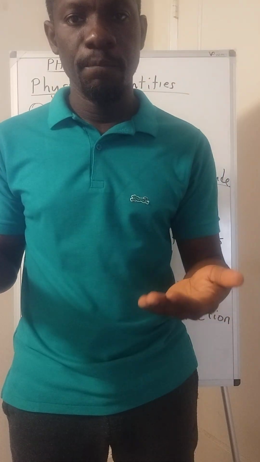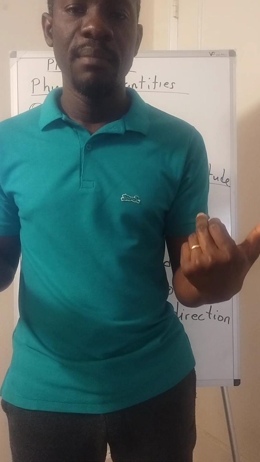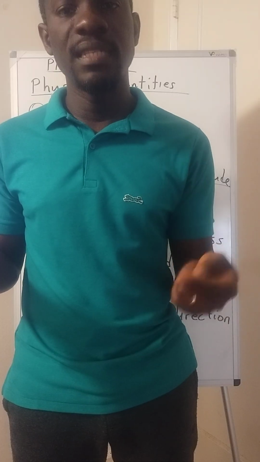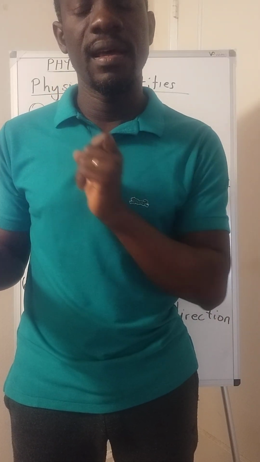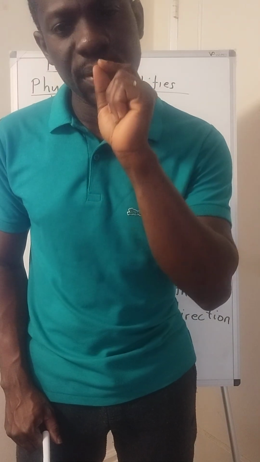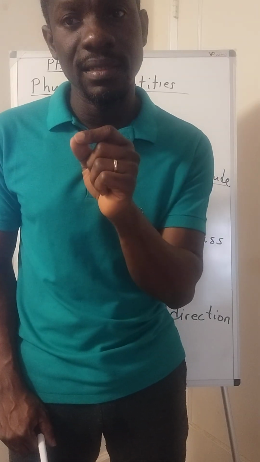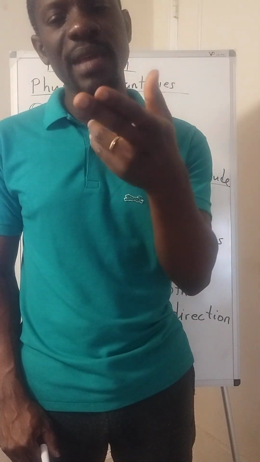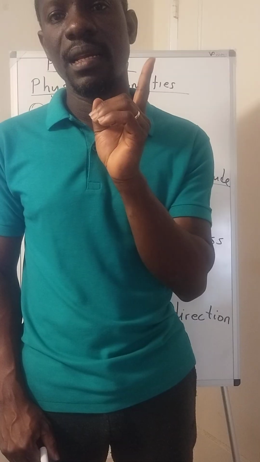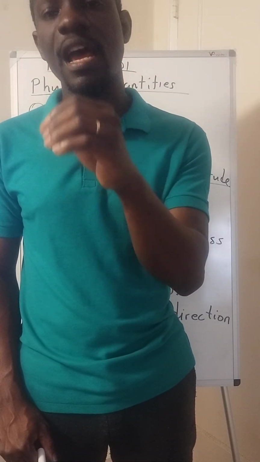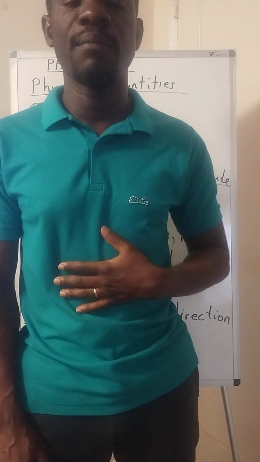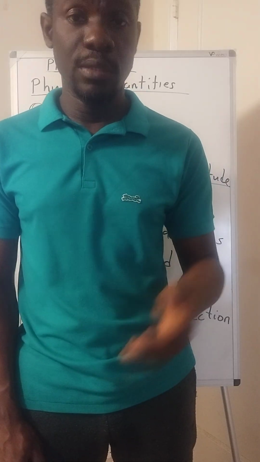We also talked of speed. Speed is a scalar quantity because speed is the distance per unit time. But velocity is a vector quantity because it gives us the specific direction in which the body or the particle is heading. So that one is displacement per unit time. And the mere fact that we have displacement, which is a vector quantity, over there now makes velocity a vector quantity. Acceleration too is also an example of a vector quantity, just to mention a few.